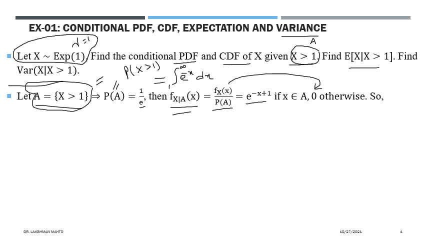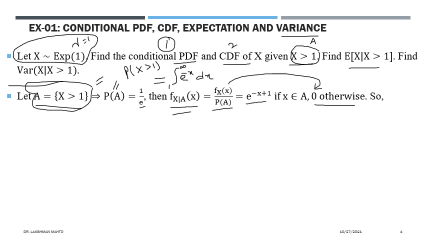probability, in the numerator you might have already seen the joint probability. So you get a non-zero value of the conditional density when it talks about the joint occurrence of X and A; that time it would be non-zero, otherwise it would be 0. So that's where this scenario is coming. So we have already computed the conditional density of X given A as well. Now onward we will do everything that is required. So the first job is already done. We have already calculated the conditional PDF.